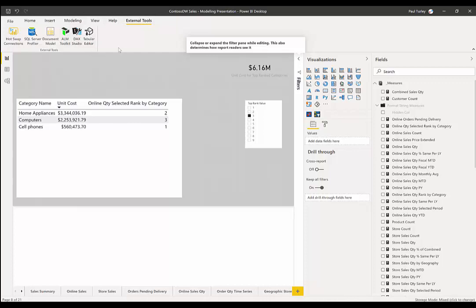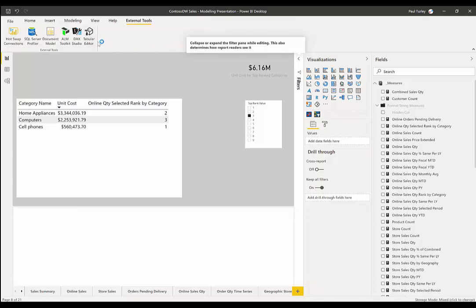There were three tools that were available when the External Tools ribbon was made available in July of this year. The ALM Toolkit, DAX Studio, and Tabular Editor. These other tools are third-party developed, and there will be other tools in the future, of course.